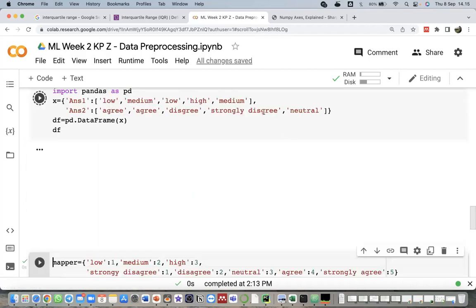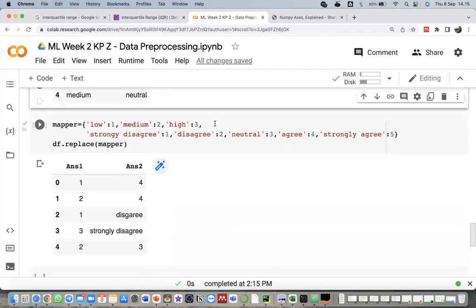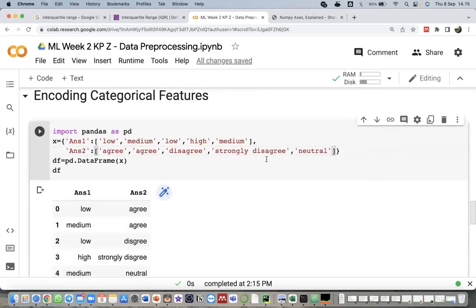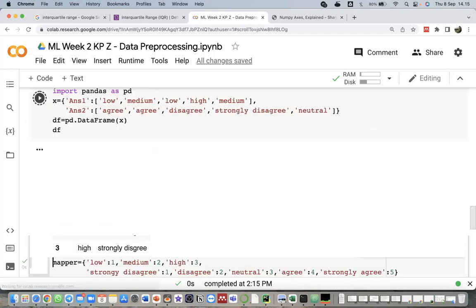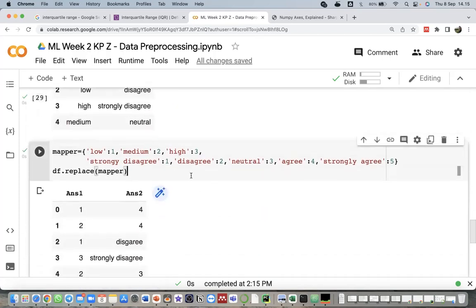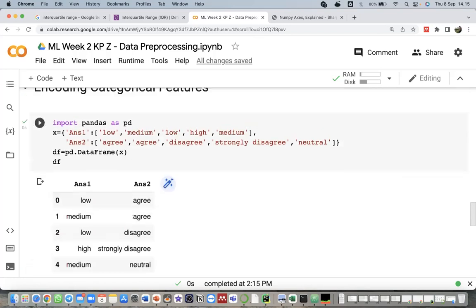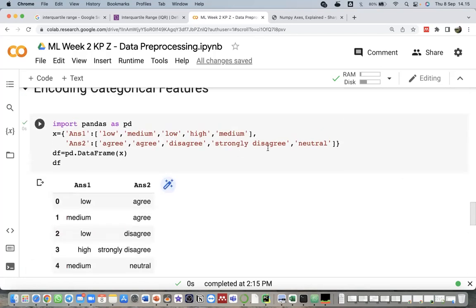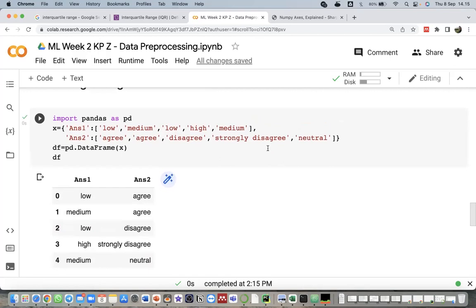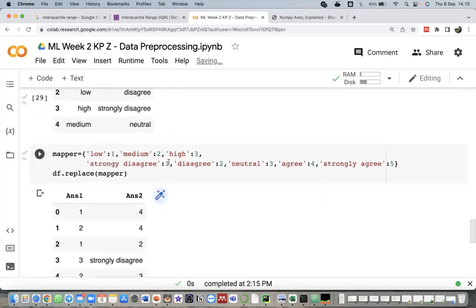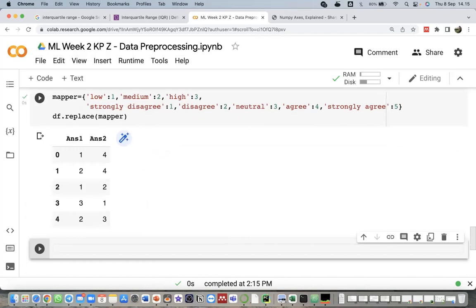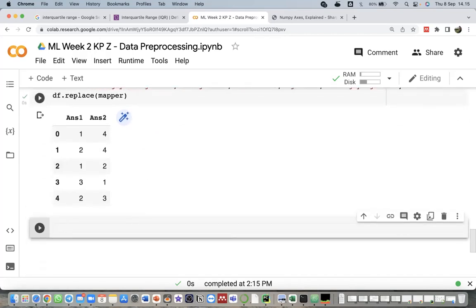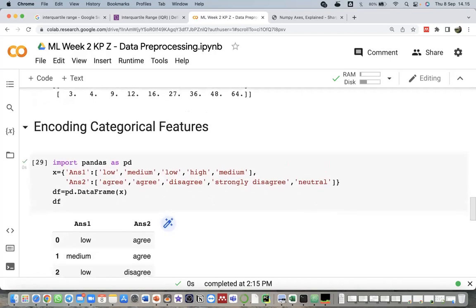Strongly disagree, yeah, I made a typo. Okay, strongly disagree. That is the encoding of categorical features.